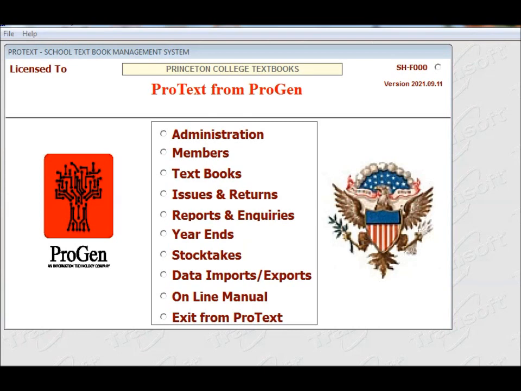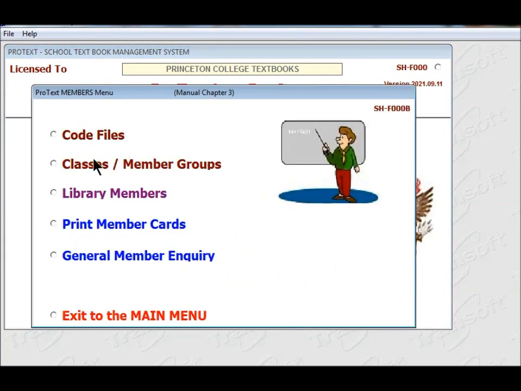Then you need your class lists for your current year. And you need to write down your grades and classes, for example, 12A, 12B, 12C. You can print this list out from within ProText if you go to Members and you go to Classes